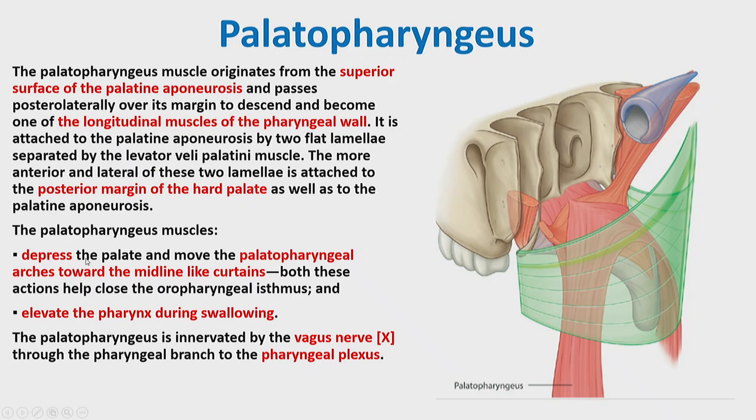So it's depressing the soft palate, and in this case, moving the palatopharyngeal arches toward the midline is like a curtain. So you take the curtain and close it, and you take a curtain and you open it, yes? So this is very important, the closing of the oropharyngeal isthmus, and this is an action for the soft palate,